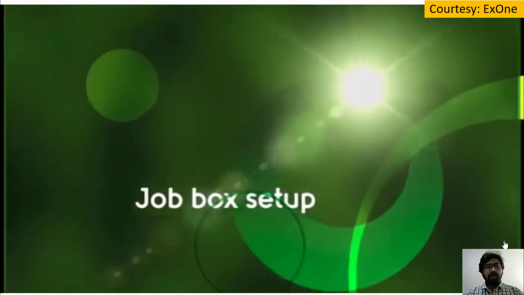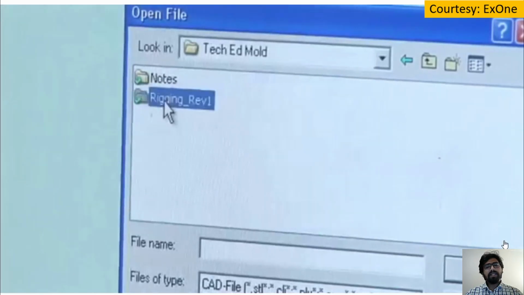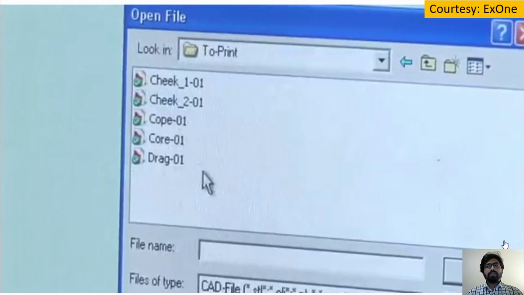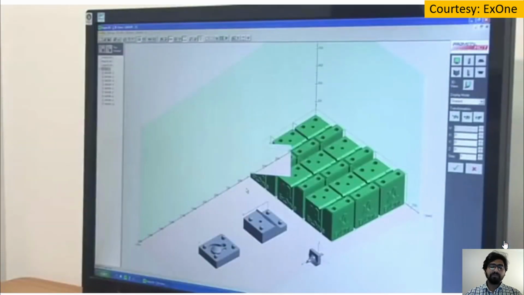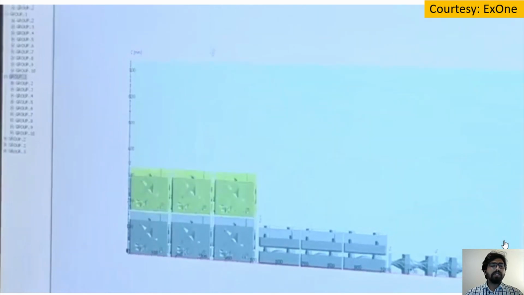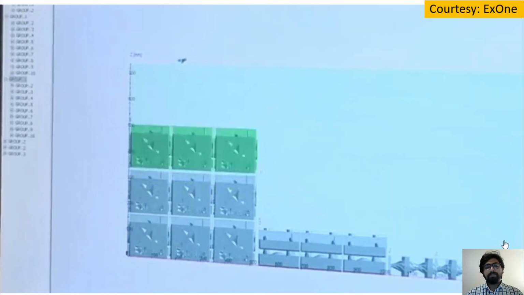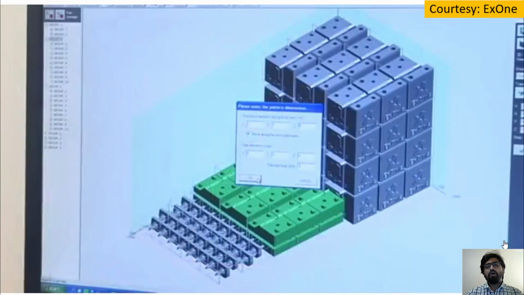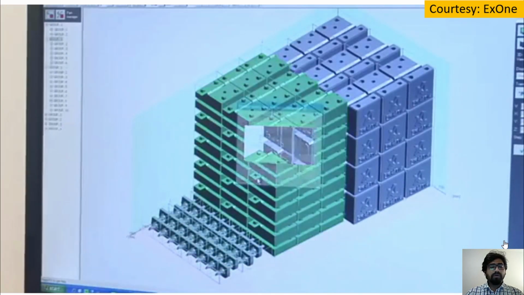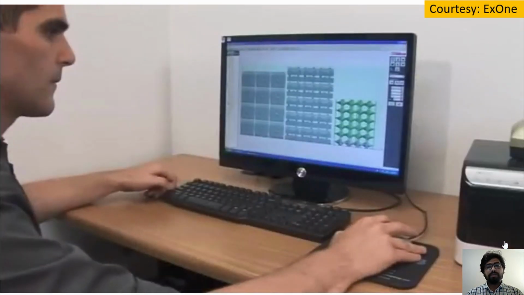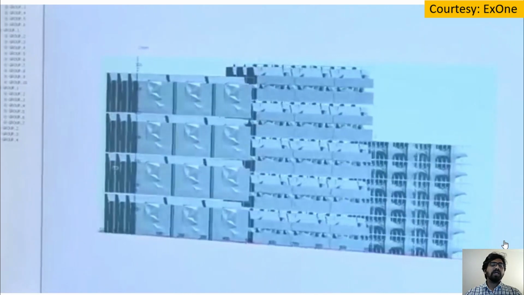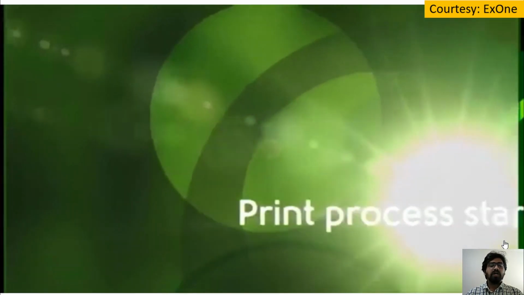The next step is, after identifying the different parts of the mold, these parts are appropriately nested onto the powder bed in such a way that the entire bed can be utilized very efficiently. Because if you print a single part or if you print multiple parts, the time taken will be almost the same. Therefore, it is always good that we nest our parts not only in 2D but in 3D in the case of binder jet based additive manufacturing systems, so that we can fabricate a large number of products in a single go.